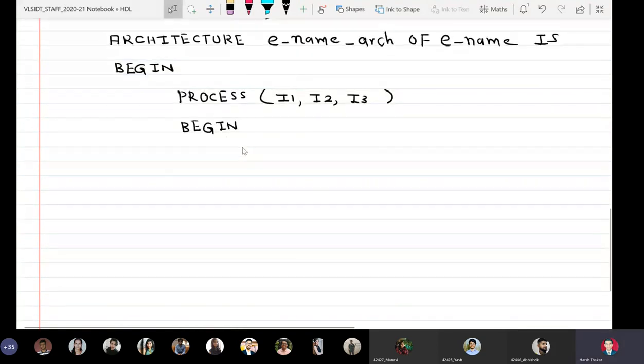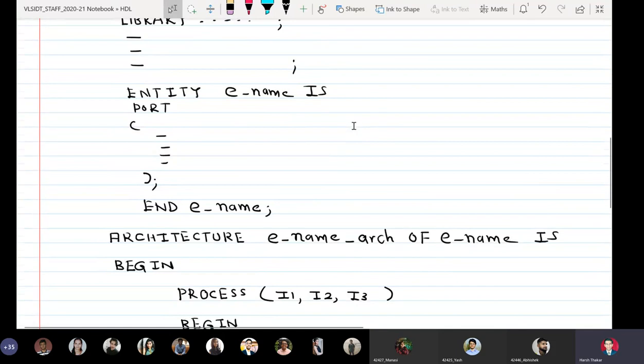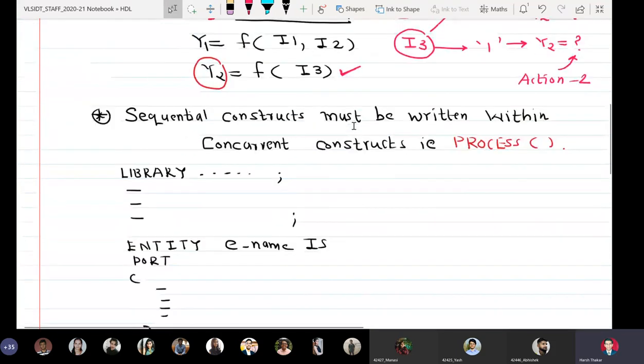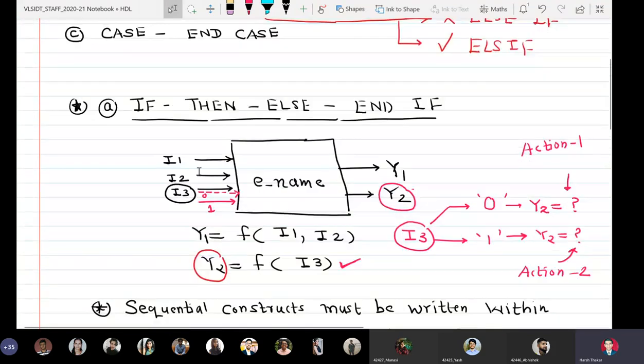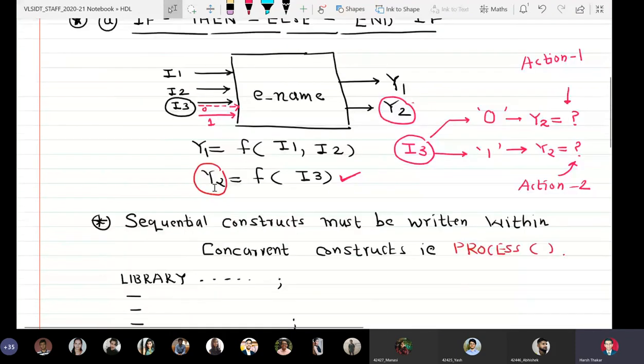So this is how it is. I will write down, if I3 equal to... like I told you yesterday, single-bit signals are assigned values in single quotes and multi-bit signals are assigned values in double quotes. So we clearly see that I1, I2 and I3, all of them are single-bit signals. So whatever values we want to ascribe to them, they should be in single quotes.